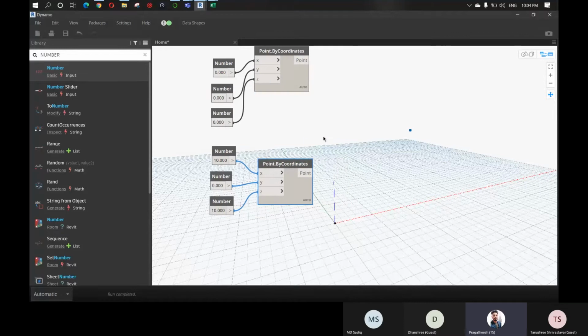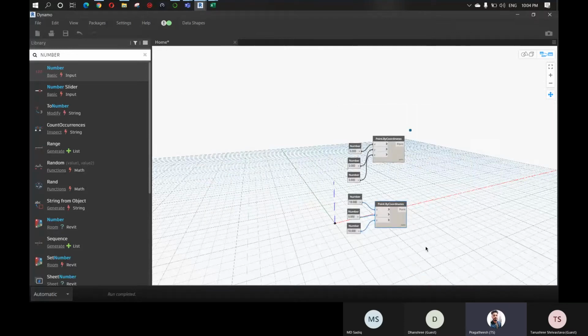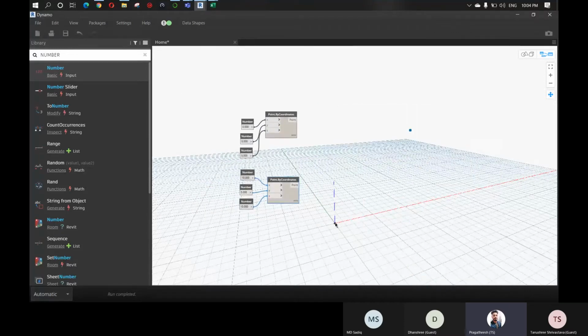Okay, so now I have created 2 points. One point here, 0, 0, 0, and one point here, which is 10 in x and 10 in z and 0 in y.